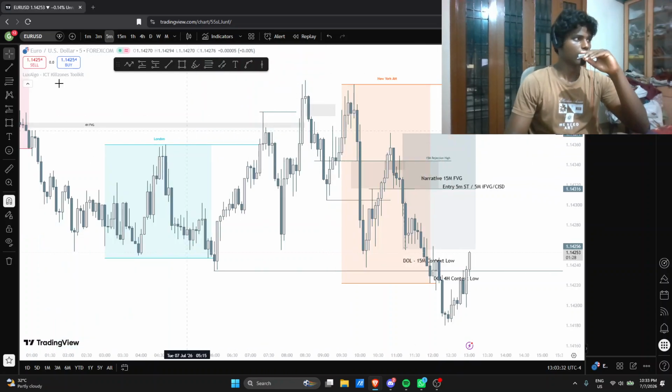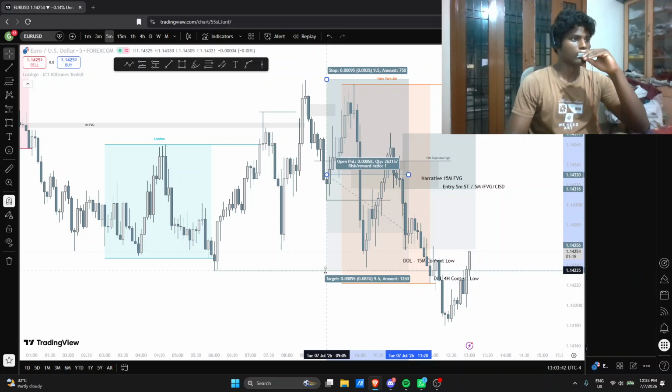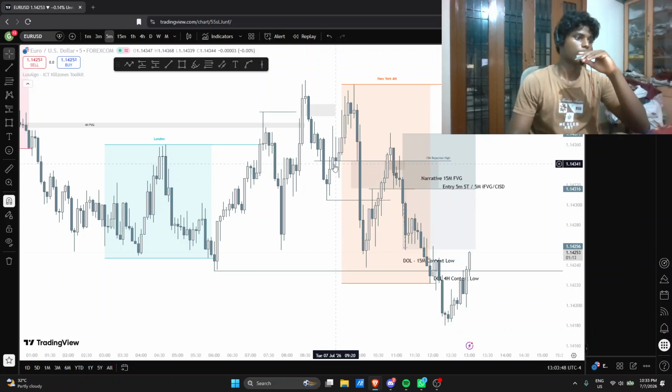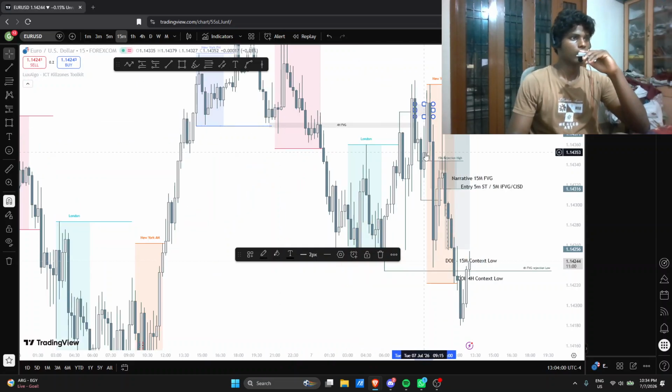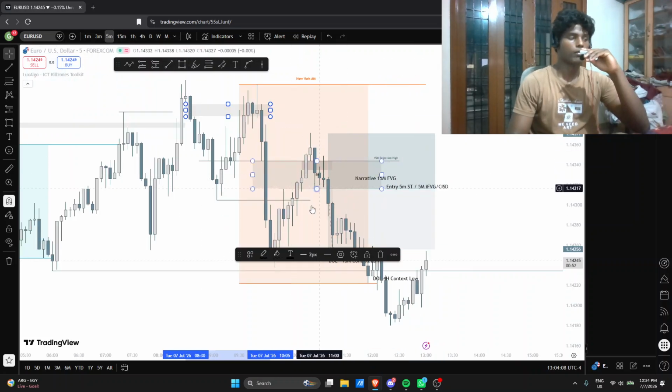So honestly, we could have taken a shot at this point of time itself in this 5 minute fair value gap. Yes, all about this, and TP will be the context. It's around 2R, which is definitely valid. But this was like before market, it was like 9 a.m. EST, it was not even New York Open. So what price did was it went to the top 5 minute fair value gap, then it pushed really good lower. This one is really nice, and we found a 15-minute fair value gap at that time also. I was waiting for this 15-minute fair value gap to form to short from it.